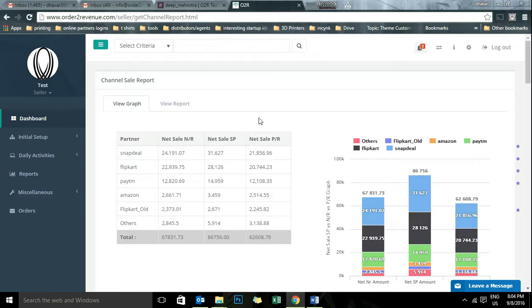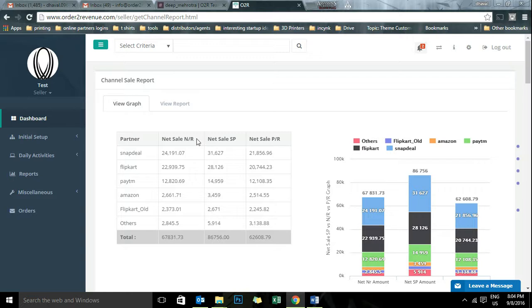First being taxable sale, which is the selling price sale of the product. Now let's say a product was being sold at 500 rupees to the customer. Let's assume that the seller is expected to pay 200 rupees as commission to the sales channel. That would mean that the balance of 300 rupees is his actual sale which he can expect to receive in